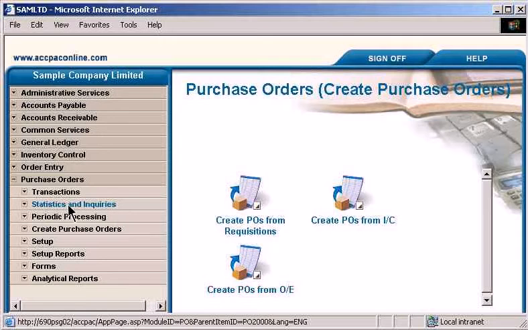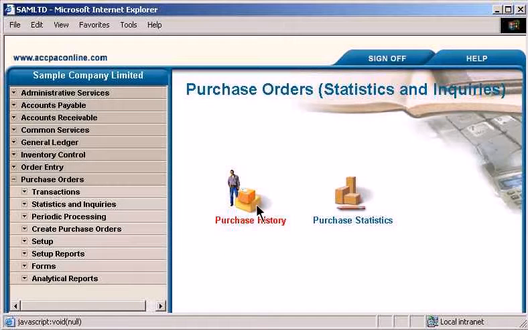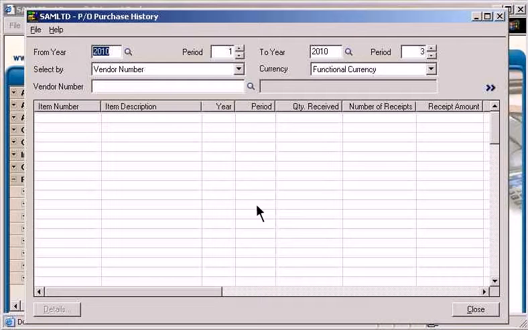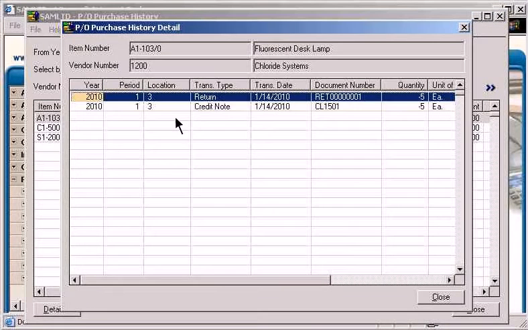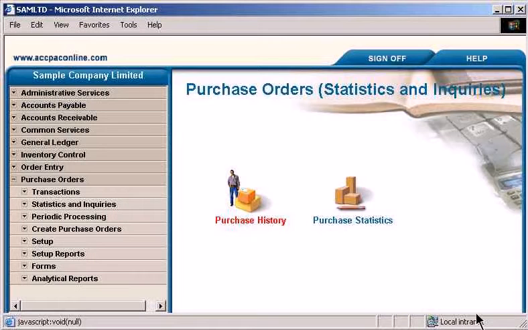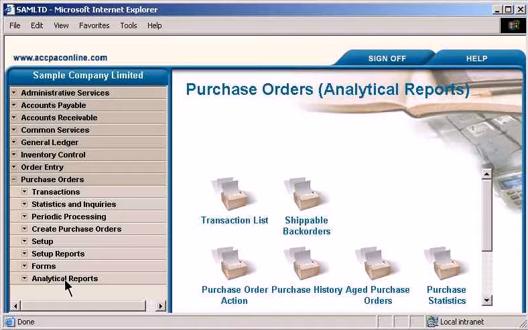You can use the Purchase History window to review all purchases and returns histories for items and vendors. You can also open this window using the History button in the various data entry notebooks while entering a transaction. To view the actual transaction details, click the Details button or simply double-click the line item for which you want more information. Purchase Orders provides a variety of reports that assist you in managing your purchasing activities and analyzing the